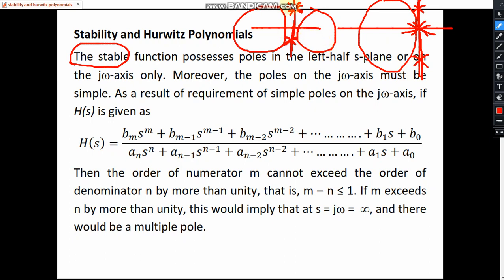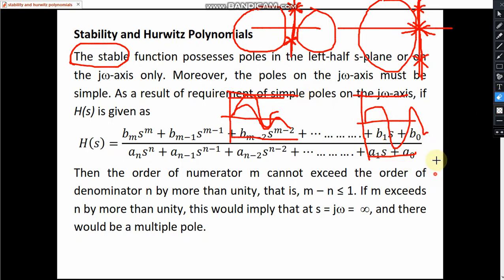So generally marginally stable system is also known as stable system, because here we have considered the stable system in accordance with BIBO stability criteria: bounded input, bounded output. Input is within bounds, and then output is also within some bounds. Okay, so this is BIBO stability.